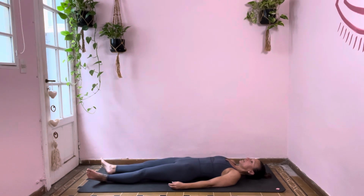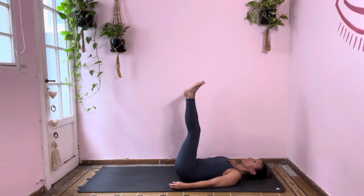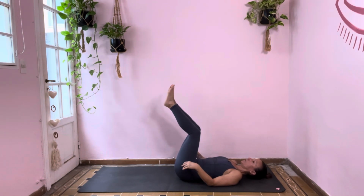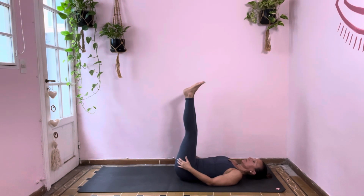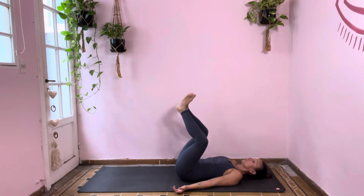Excellent. I want you to lift the legs straight to the sky for an L-shaped pose. We're going to stay in L-shape for just a sec. Ideally, we have our heels over our hips or our knees over our hips. So if this is really hard for you, just simply bend the knees and it's knees over hips. But if you can do heels over hips, that's great. Hold it here for the count of 5. Let's flip our palms up in a nice receiving mode for 3, for 2, and then what I'd like you to do is bend your knees, bring the soles of your feet